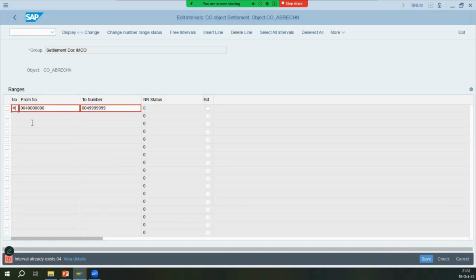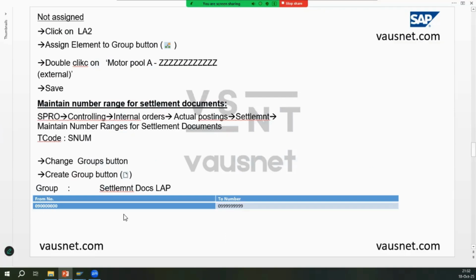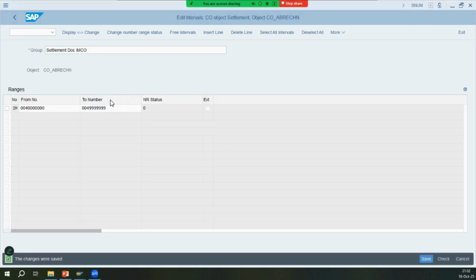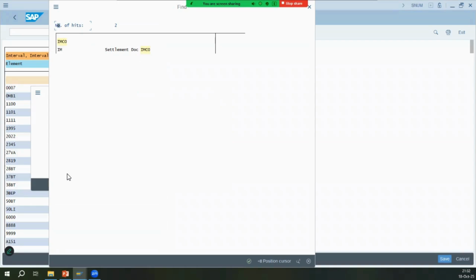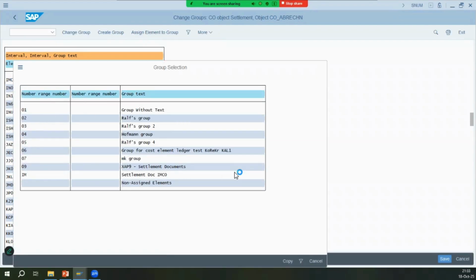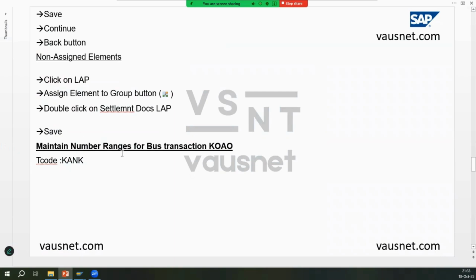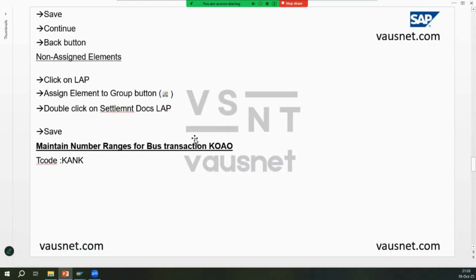Interval already exists. IM. Click on the new button on assignment, click on LAP. Assign element group, this will be assigned to IM. Second box, IMCO. Okay. Save. Maintain number ranges for business transactions. KOAO, the key code, and for this transaction code,